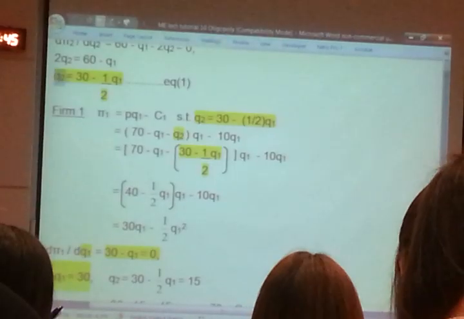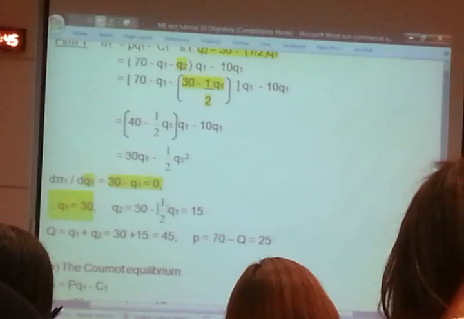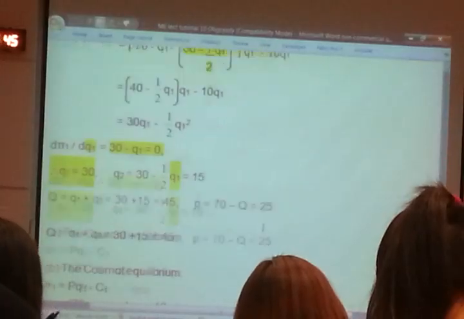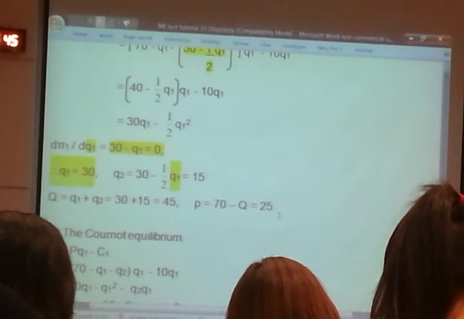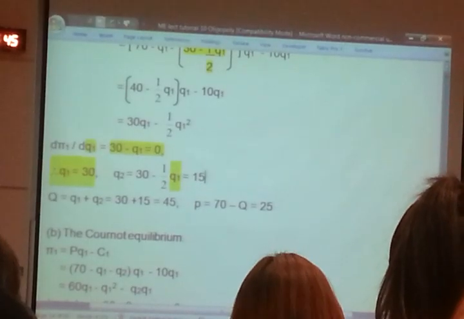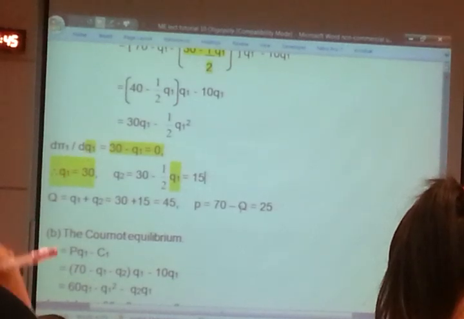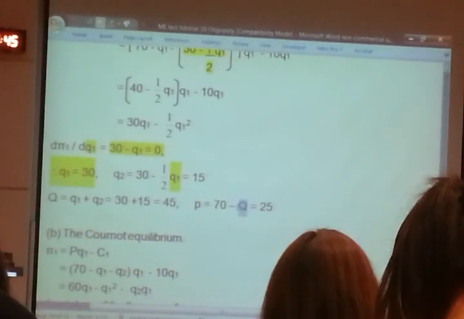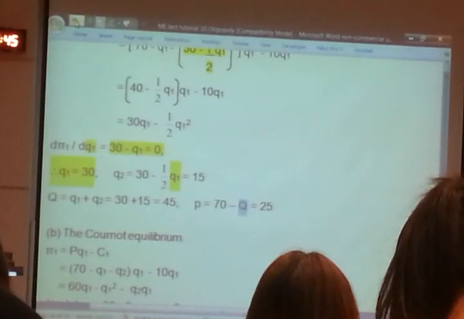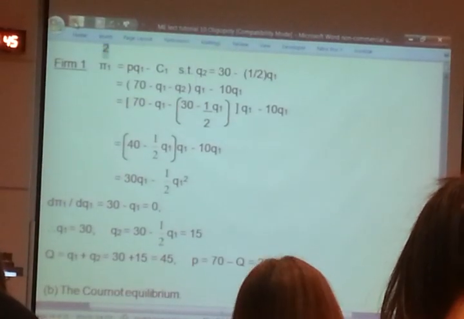We found Q1 equals 30, now we put it into equation 1, we get Q2. So when Q1 is equal to 30, Q2 is how much? 15. Okay. Any question? Now how to find the price? The price is 70 minus Q1 plus Q2. Q1 is 15, Q2 is 30, so 70 minus 45. So you get the price. Okay, so we're done with the